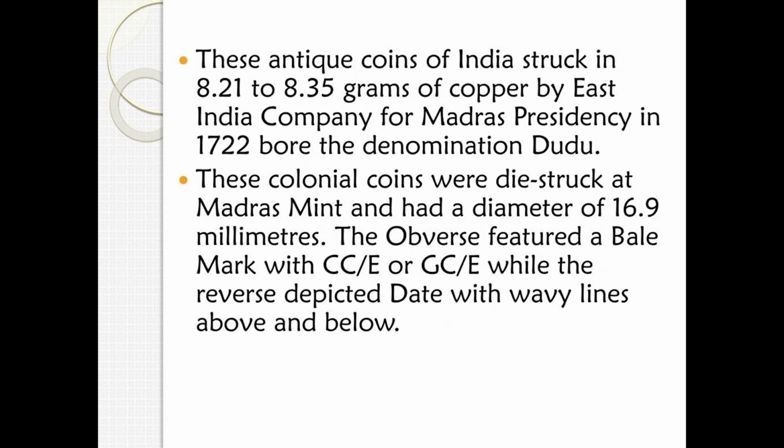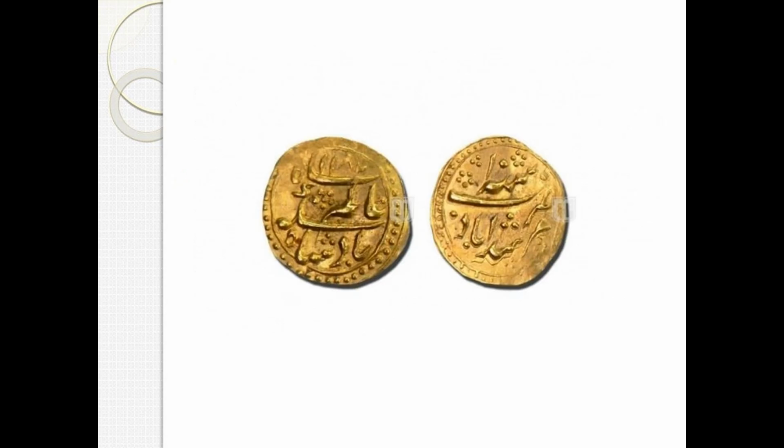These antique coins of India struck in 8.21 to 8.35 grams of copper by East India Company for Madras Presidency in 1722 bore the denomination Dudu. These colonial coins were die-struck at Madras Mint and had a diameter of 16.9 millimeters. The obverse featured a bail mark with CC/E or GC/E, while the reverse depicted date with wavy lines above and